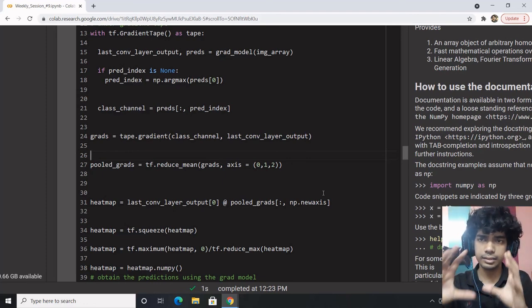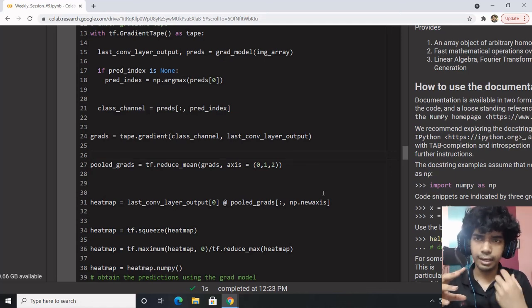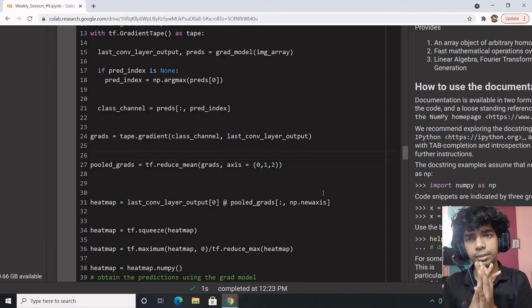That's it. What is the heat map? The output of the convolution layer multiplied by the corresponding average intensity of the gradients gives us the heat map.